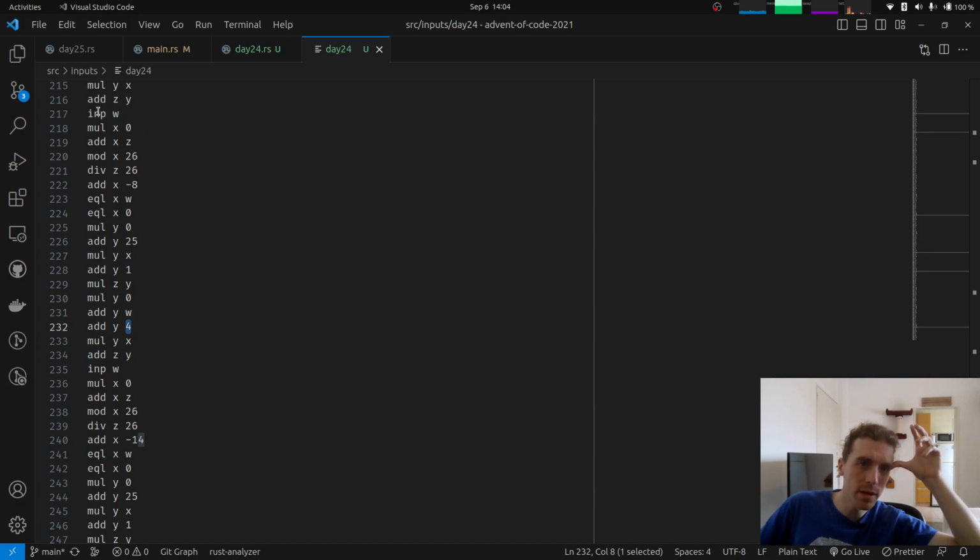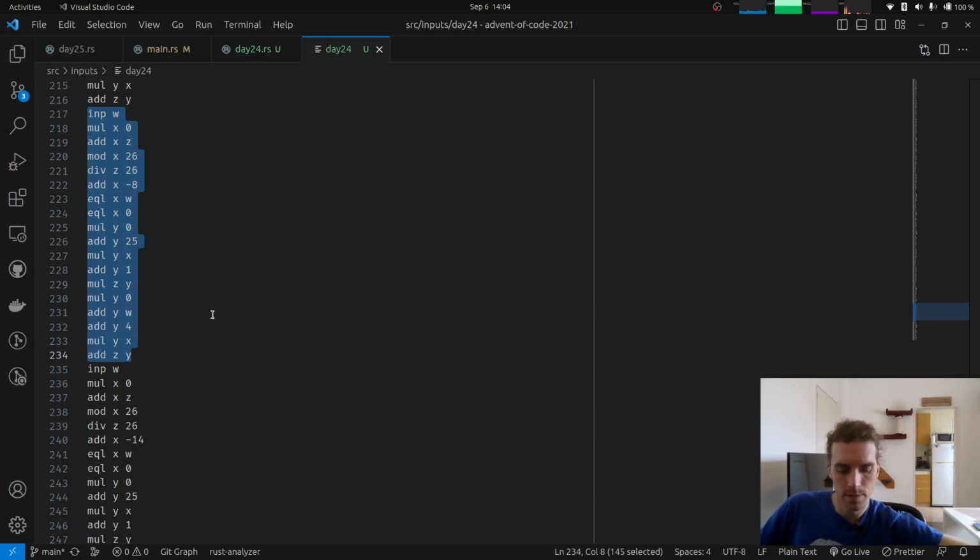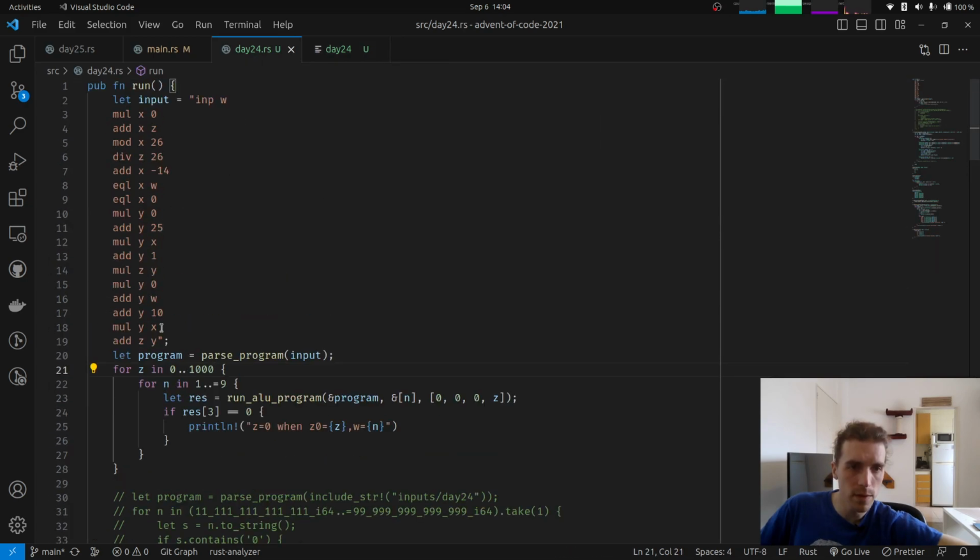Like, which number in the second to last input would give us, let's say, 23, for instance. So let's run the same thing, but for the second to last input, the second to last block, I don't know how to call this. We are also going to have some initial Z value